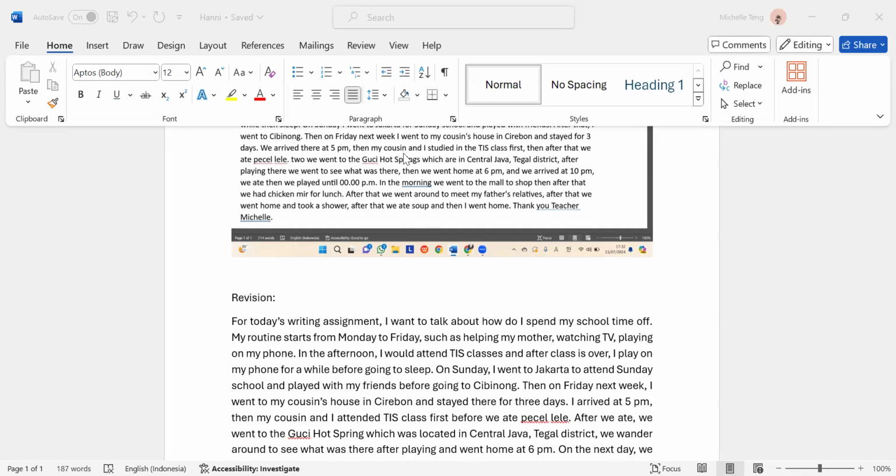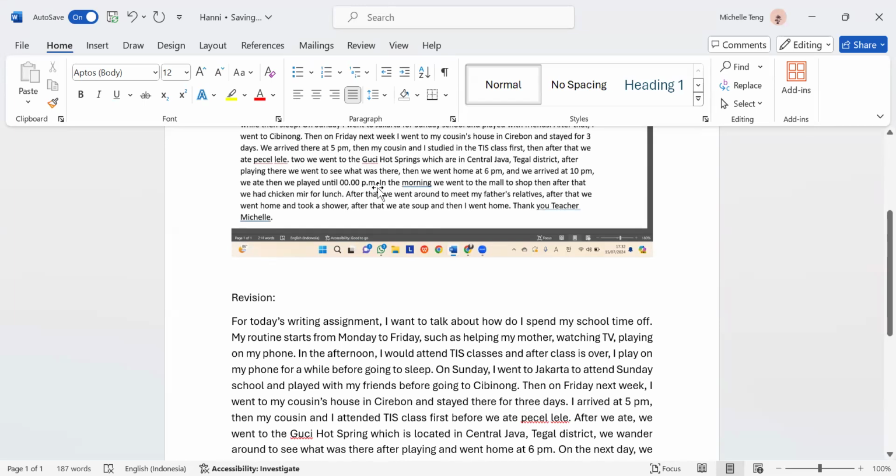So you're using R right here because I think you assume that springs right here uses an S, but in reality, you're talking about a single place. So that should be which was located or which is located. I think the supposed one is which is located because you're stating a fact, it's not a constant, so which is located in Central Java Tagal district. So you should not use a plural because this is a singular. You're talking about a place, so it should be is, which is located. I'm stating a fact, so it becomes is Tagal district.